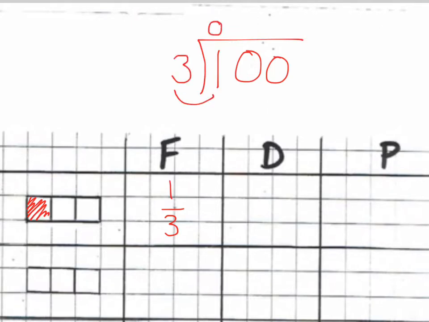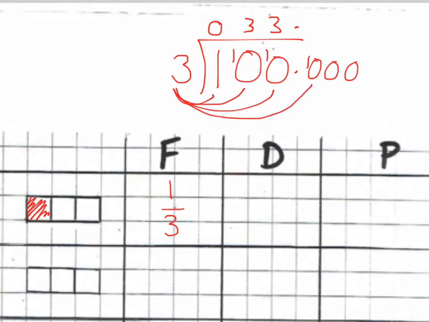So 3 into 1 doesn't go, remainder 1. 3's into 10 goes 3, remainder 1. 3's into 10 goes 3, remainder 1. And we could continue to put our remainders next to zeros after the decimal point. So 3's into 10 goes 3, remainder 1. And as you can see, this could actually go on forever. So the way to write that down would be